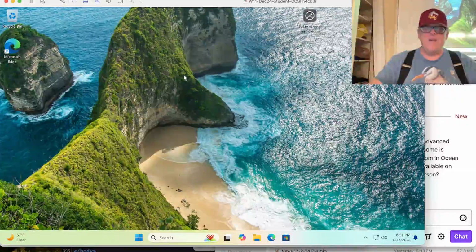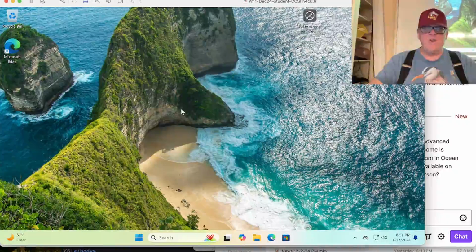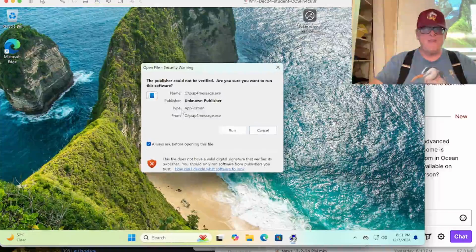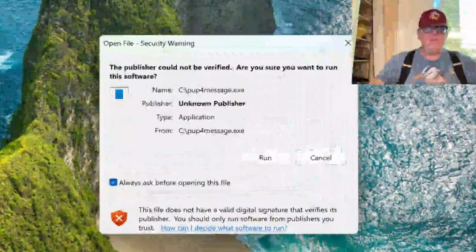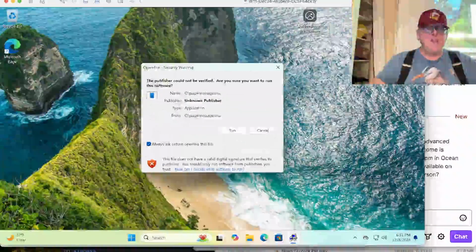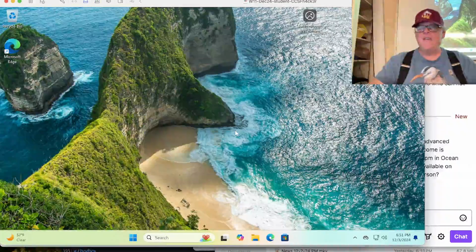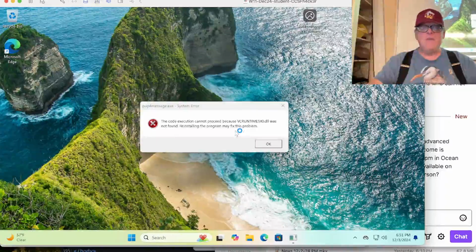All right, so now when you restart the machine, it's going to launch the malware, and it's going to give you a box warning you that something funny is launching. Yep, so the publisher could not be verified. Are you sure you want to run it? So clear this box saying always ask and approve the running. And now it will never ask again. It runs the malware, and what the malware does is,